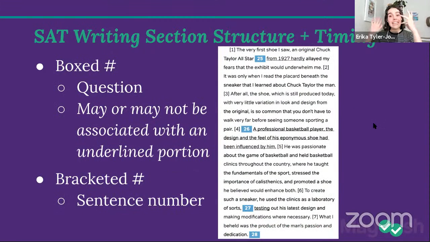Okay, now, again, if you're not entirely sure what the SAT writing section is, this is what it looks like. This is the one where there is a passage, but that passage has numbers in it for different questions. With the reading section, it's a passage like this, but it doesn't have any numbers. The writing section has numbers. That's how you're going to recognize it. It looks like this.